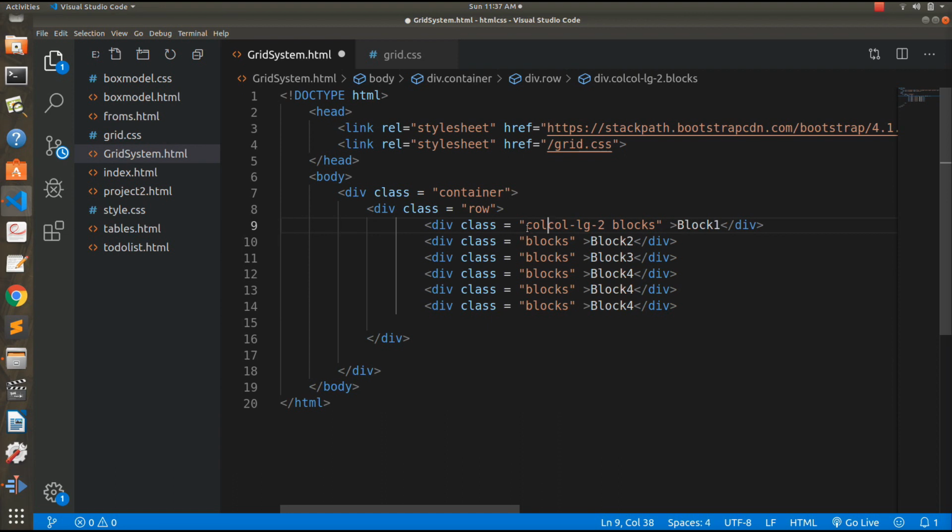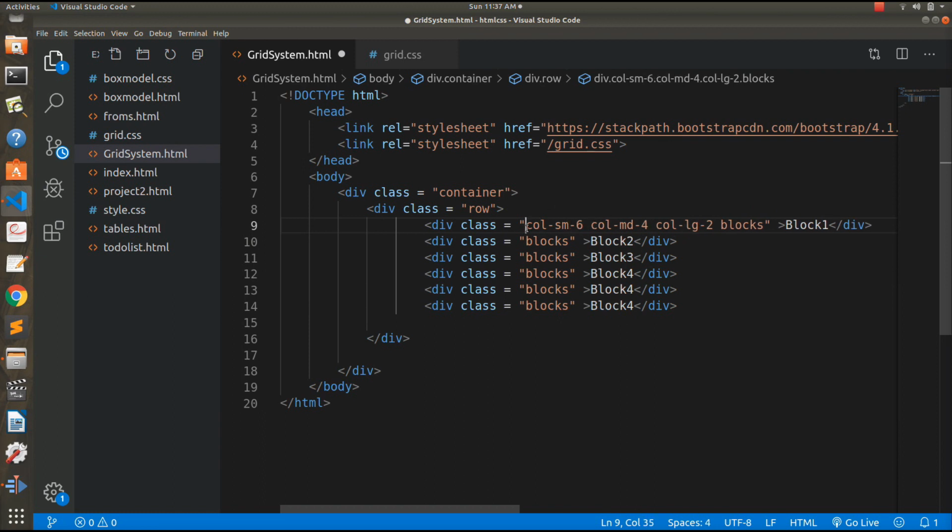Now there are lots of sizes like large, medium, small. So for medium, we write like this, MD, and as we want three columns, it should give a size of 4. For small, we want two columns, so we'll write col small 6.